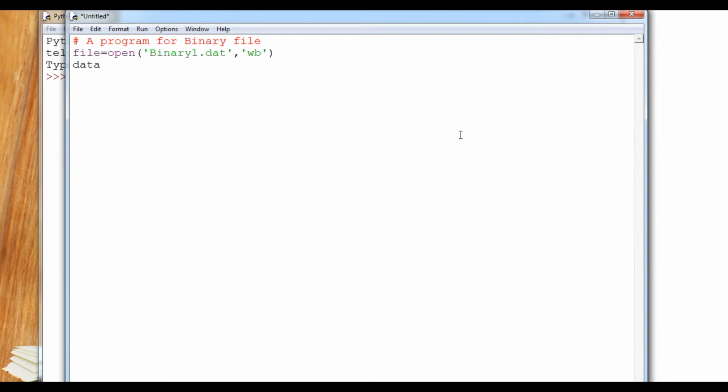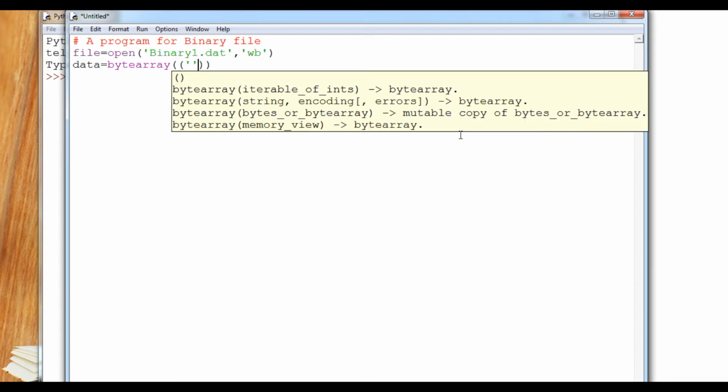Here data equals, we are going to create a byte array, so bytearray. Inside that I will create a string within single quotes, hello user, and then encode in UTF-8.